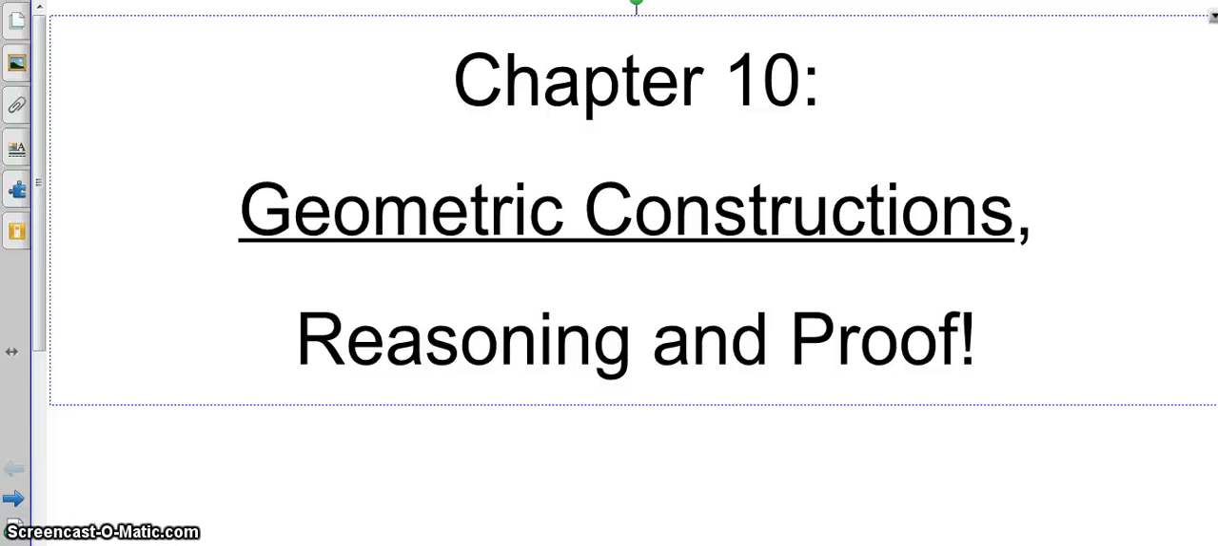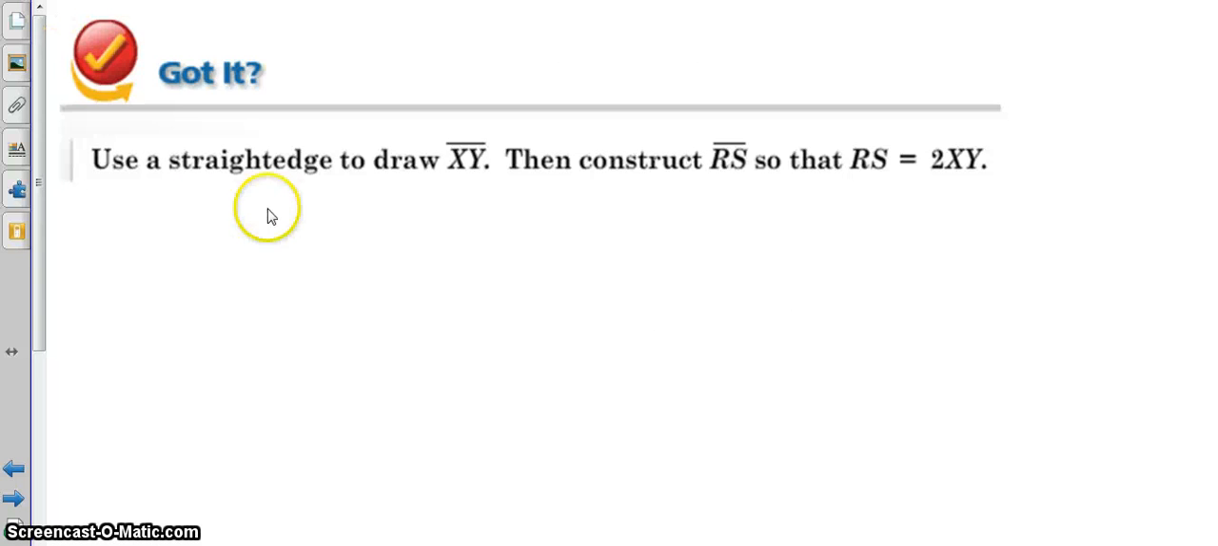Alright guys, welcome back. We're in chapter 10 now, dealing with reasoning and proof, but today we're actually starting off with geometric construction, so this is 10.1. Hopefully you've worked through the Pearson module through problem 1, dealing with constructing congruent segments, so now we can deal with the got it. So we are going to start by using a straight edge to draw XY, and one